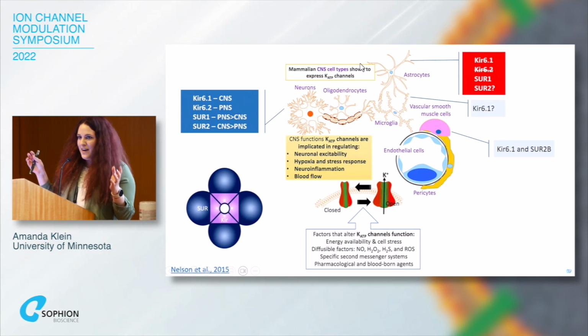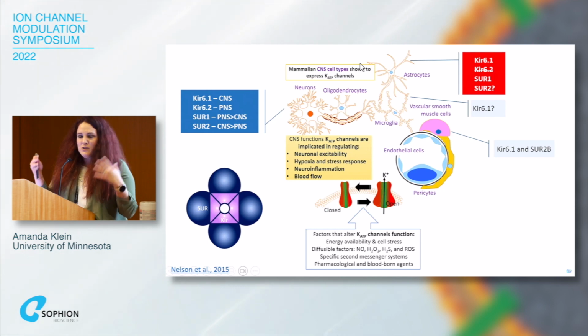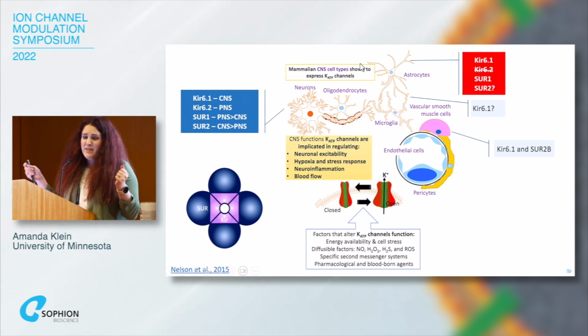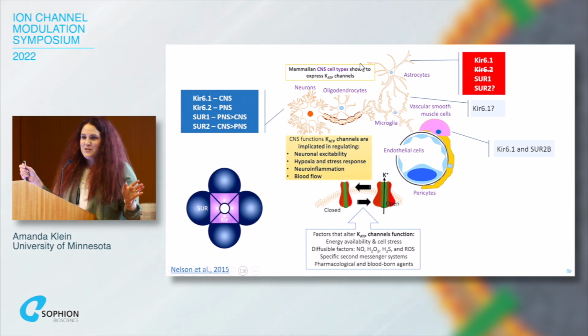The Kirs and the SURs, as I call them, either the Kir or the SUR1 regulatory subunits, their expression depends on tissue type. So cardiomyocytes have a specific type, smooth muscle have a specific type, the pancreas has a specific type, and if you look at any of the recent review articles on KATP channels, it will say nervous system, Kir6.2, SUR1. That's the end of the story. I guess I'm here to tell you that that's a gross oversimplification, which is not technically correct. It just annoys me just a little bit, maybe more than a little bit.